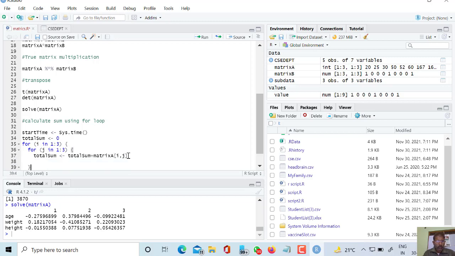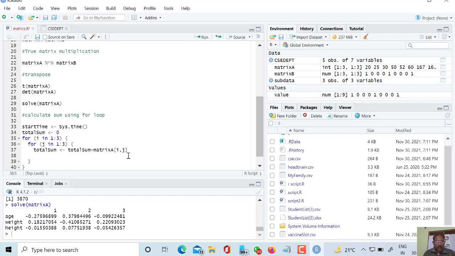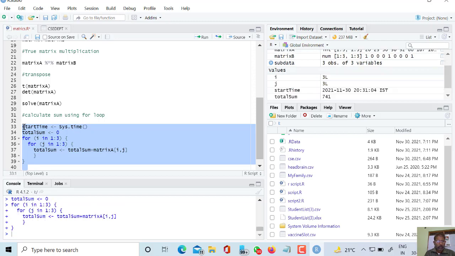So here I have written the things, and let us check what is the output time. Control enter.